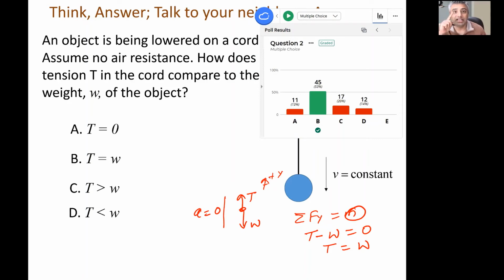So when there is acceleration, tension may change, the normal force or the apparent weight may change, but when there is no acceleration, no such thing happens. Net force is still zero. Okay, so let's keep that in mind. Yes, it always confuses us, but now we are that warrior who is trying to fight with that confusion. And I'm showing you how to fight, but the fight is yours. Okay.